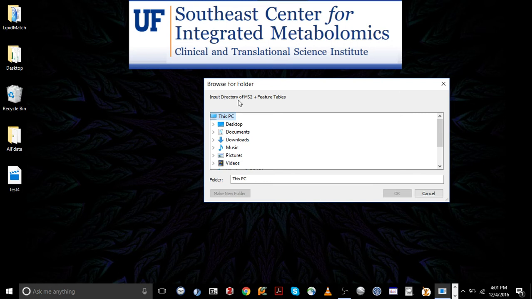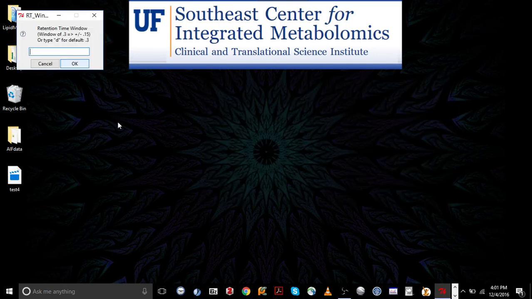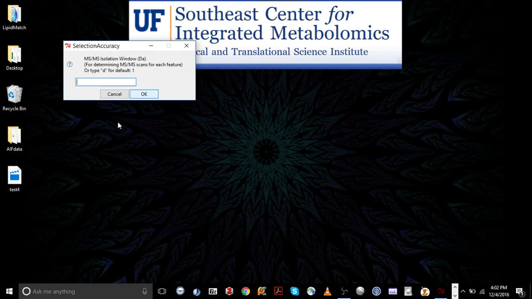Now, in terms of input directory of MS2 and feature tables, this is the folder, the LipidMatch input folder, where we had all the data-dependent feature table and AIF .ms1 and .ms2 files. Press OK. Input directory of the libraries that came with LipidMatch. And then these are all the same parameters as we've discussed in LipidMatch tutorial 3 for data-dependent analysis. So I'm going to select the defaults